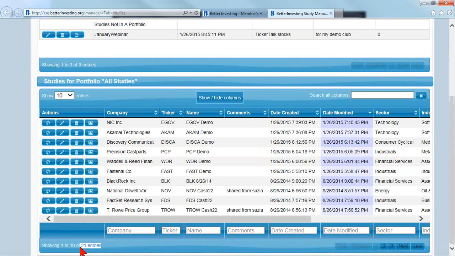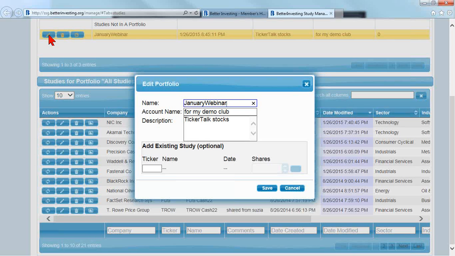Okay, now how do we get that January webinar portfolio populated with my stock selection guides? The key to that is this pencil icon called Edit Portfolio. So I'm going to click on that, and it's going to let me do a few things here. If I want to rename the portfolio, this is the place I can do it. If I want to change some of these descriptor fields like the account name or description, I can do that here. But the main thing I'm going to do with it is add existing